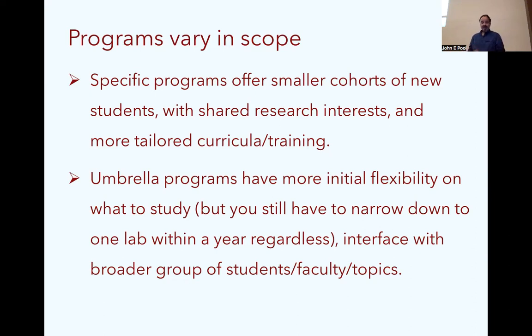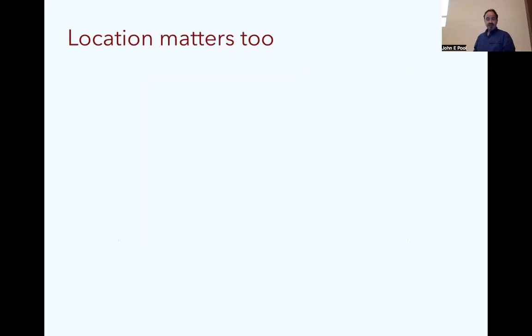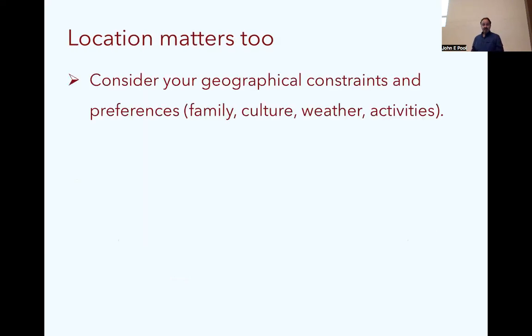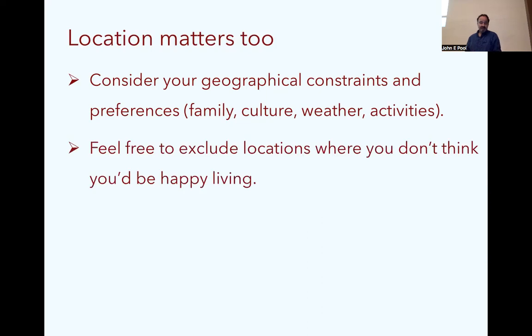So there's not really a right or wrong answer here. It's more of an individual thing. And it might be secondary, I'd say definitely secondary, to the specific lab opportunities that exist at a particular university. I mentioned location earlier. Obviously for many people, geography is a consideration, whether it's how far from family they want to be, or other preferences about where to live. And I acknowledge that that's important.